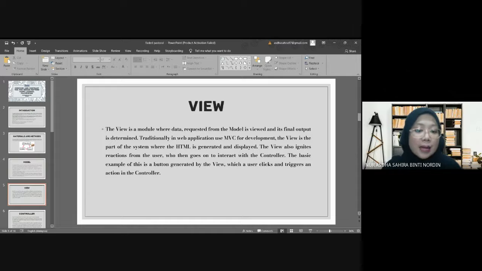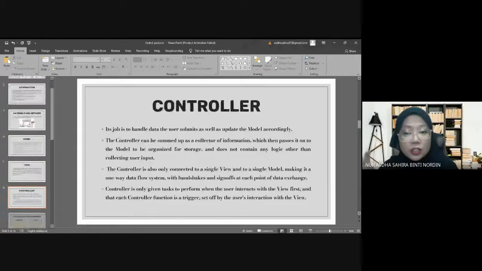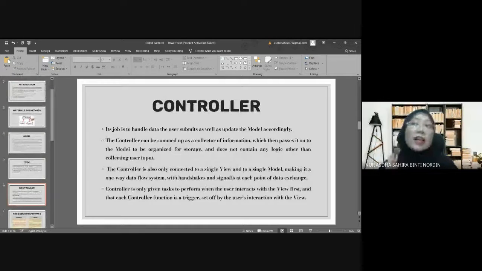A basic example is a button generated by the view, which a user clicks and which triggers an action in the controller. Let me see what the controller means. The controller is the last part of MVC, and its job is to handle the data the user submits as well as update the model